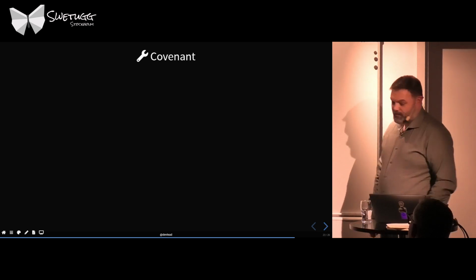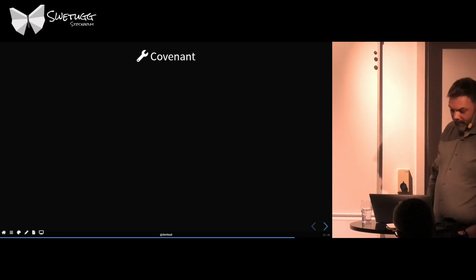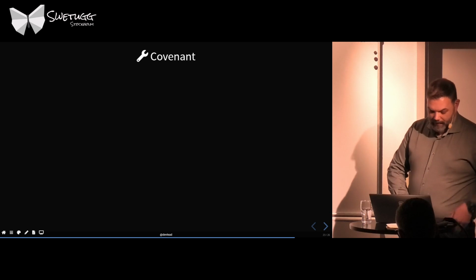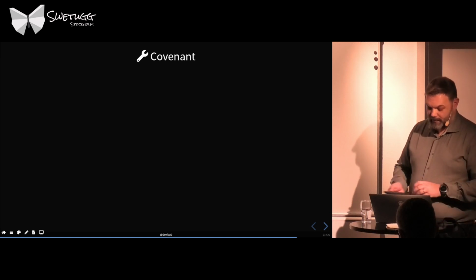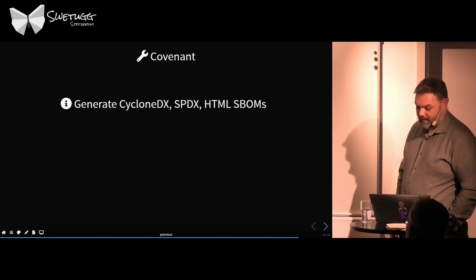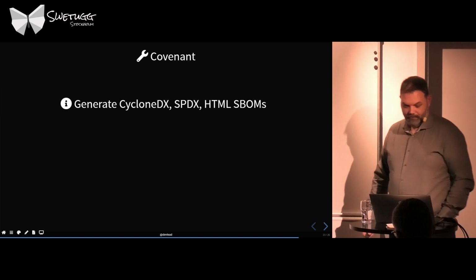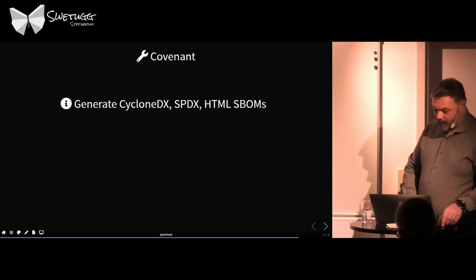And another tool we really like for software development is called Covenant. It will be able to generate both CycloneDX, SPDX, HTML SBOM, and its custom format. So it also has its own format. That's the default one. So if we look at that,